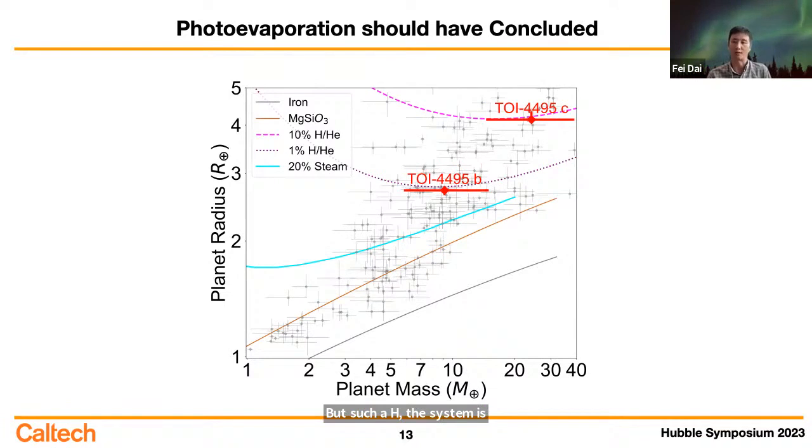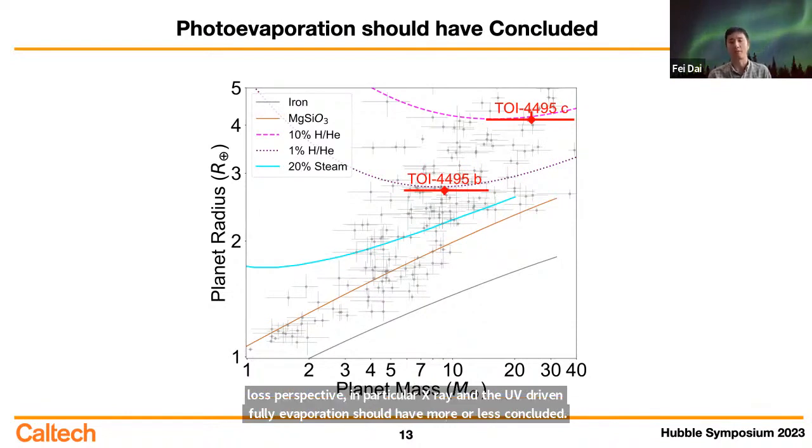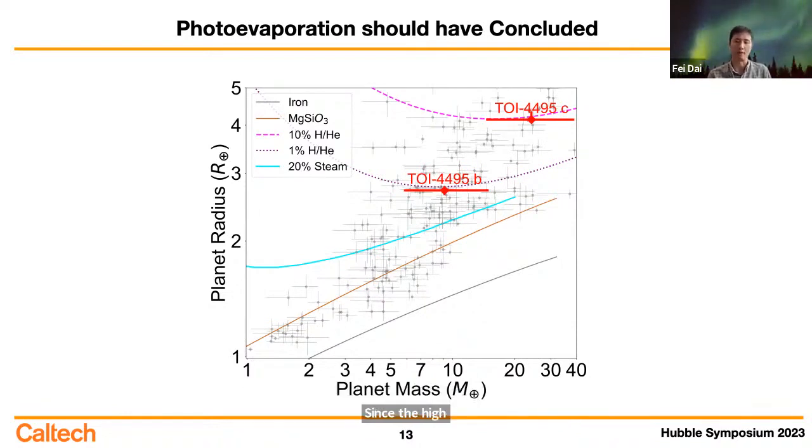In particular, X-ray and UV-driven photoevaporation should have more or less concluded, since the high energy radiation from the host star dwindles after the first few 100 million years. And here are the masses and radii of the 2 planets, along with theoretical mass-radius curves. It looks like the inner planet on the 2.6-day orbit has lost a substantial amount of any primordial hydrogen-helium envelope. It is now a mini-Neptune of just 2.7 Earth radii, with about 1% of its mass in a residual